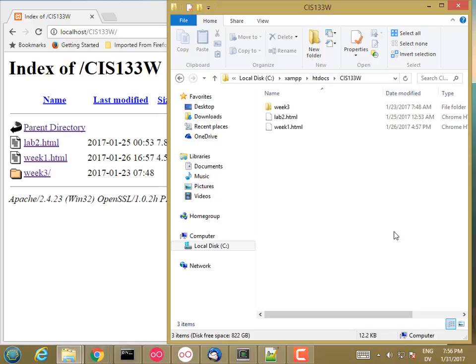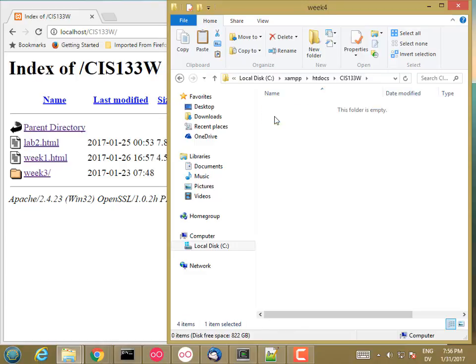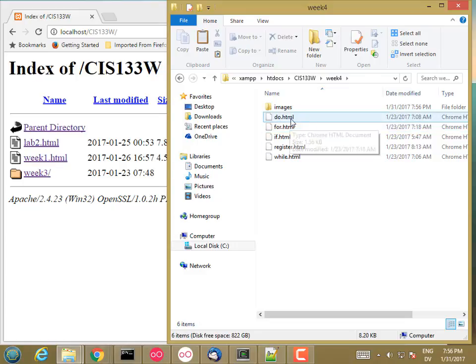This week we're going to learn about functions in JavaScript, and I'm going to start by copying my week 3 folder and pasting in a new copy. And then I'm going to change the name to week 4. And so inside I have all of the stuff from last week, and I'm going to start with this